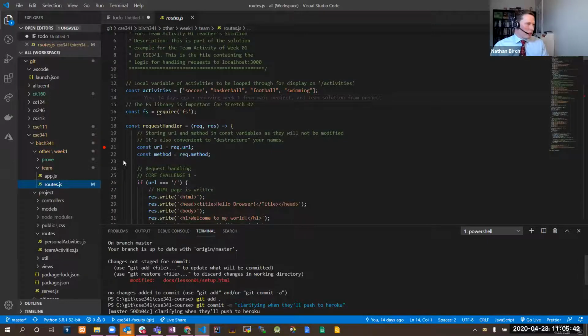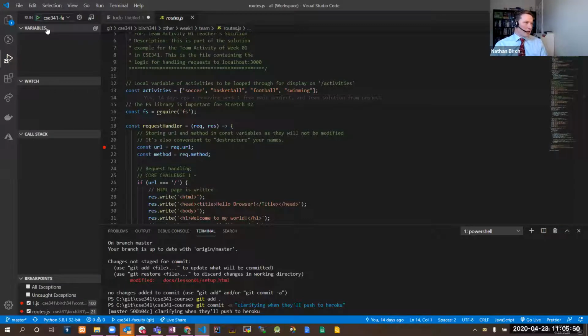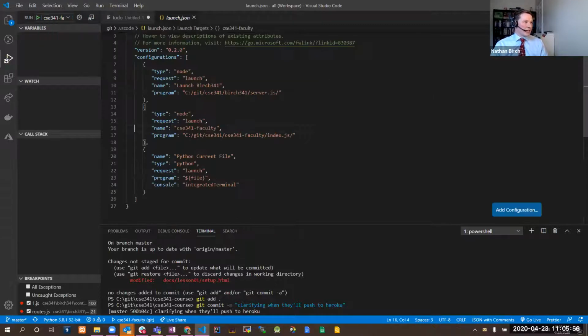In this video, I will be teaching you how to debug your Node applications. Okay, so in Visual Studio Code, you have this debug option here on the side, and you can see that I have a couple of different settings set up for different things that I want to debug. If you hit settings, it'll open up your launch.json file, and you can see I have a configuration for launching my Birch 341 project, for launching this 341 faculty project, and for just debugging a Python file that I currently